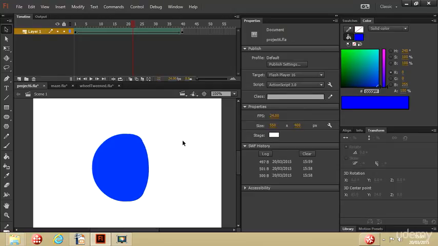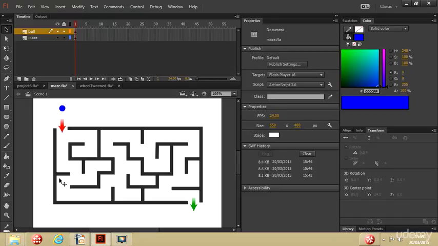Right, so I think I've shown you enough on shape tweening. So let's talk a bit about motion tweening. And I'm going to motion tween this dot at the top. Although first I'm going to